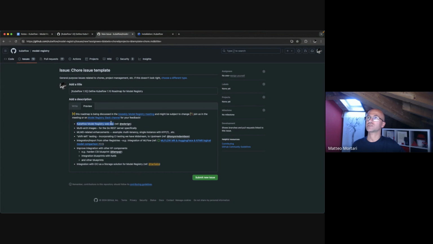First, the Kubeflow Model Registry web app, where I put a reference person, not to be exclusive, but to have a contact person who can dispatch questions or specifics. I've added multi-arch images, which we already have GitHub issues tracking. Especially for the Go REST server, it's going to be an ask that we will eventually receive for our working group.